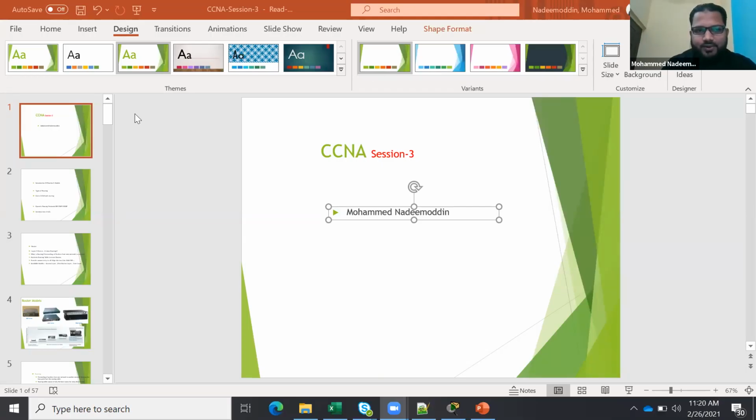So, what we discussed so far, in the last four classes, this is the fifth class which we are conducting. We started from layer one, layer two, and then we talked about layer three. In layer two, we talked about all the switching topics like basic configuration of switches, then VLAN, trunk, VTP, STP, EtherChannel. Right, these are the topics we covered.